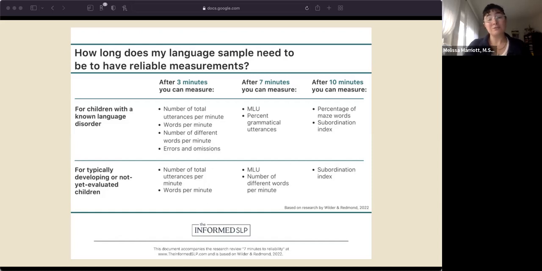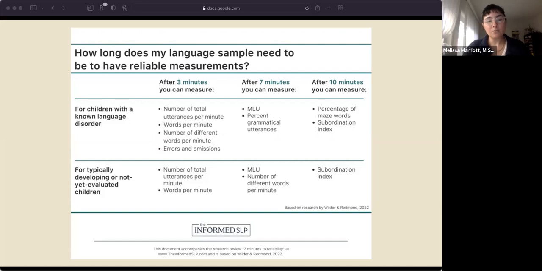Now, I probably do not have time to collect a 30-minute language sample 4 times a year at our progress monitoring times in order to write the progress report, right? But I could certainly collect a 3-minute language sample. I could probably collect a 7-minute language sample,